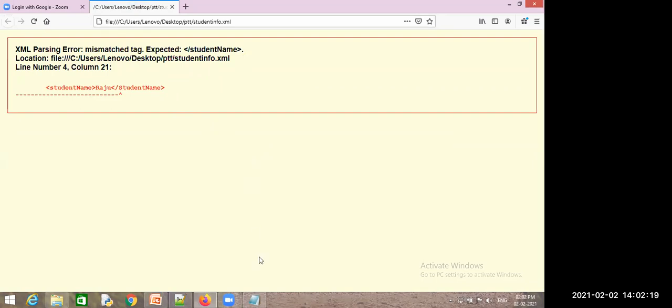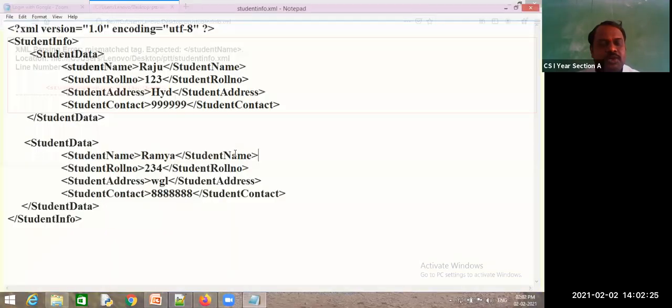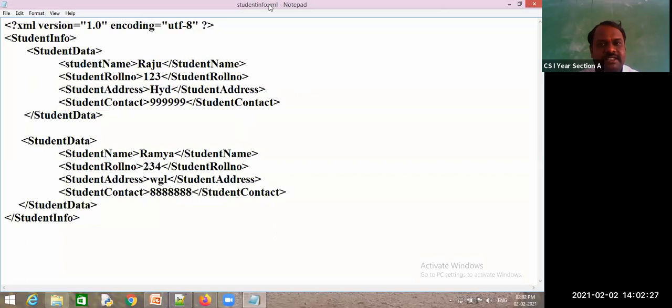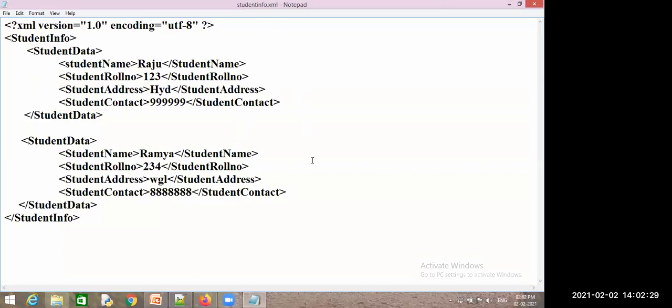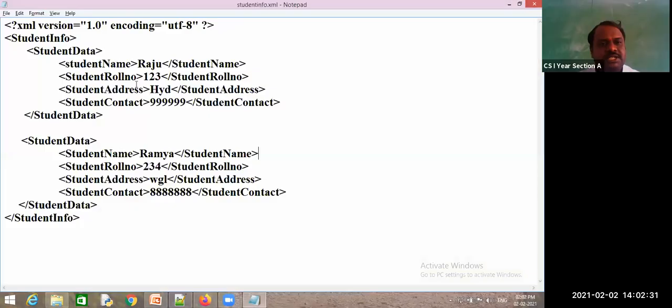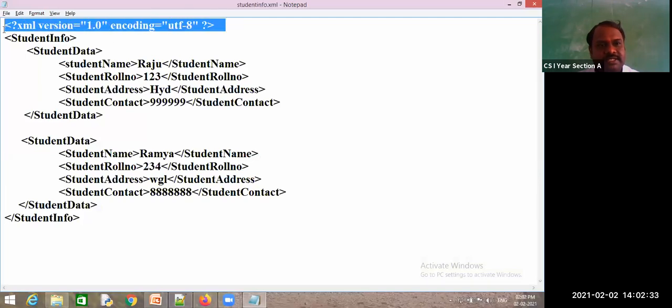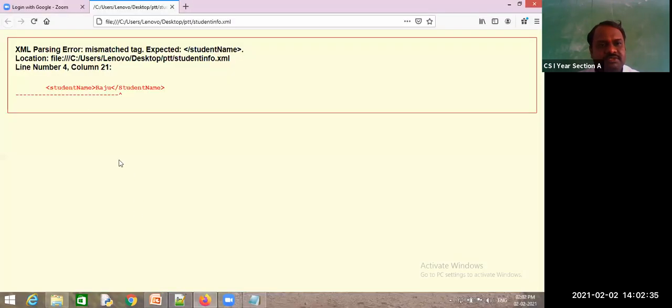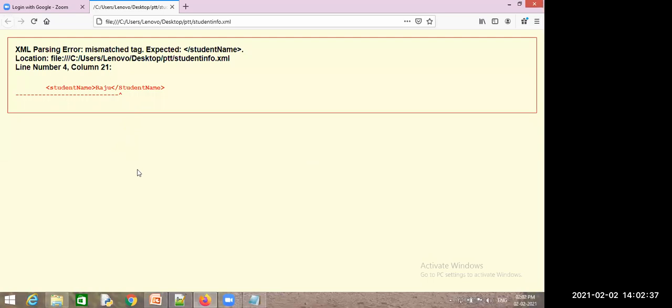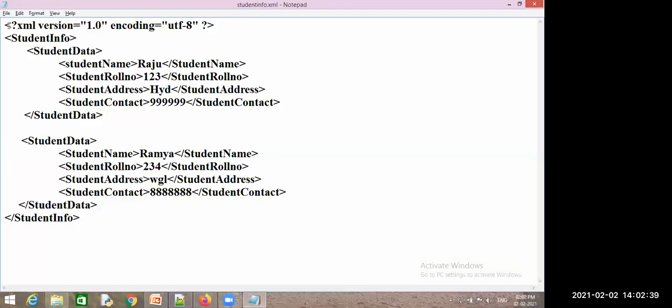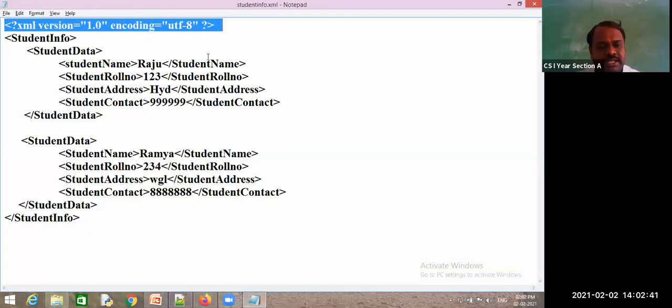Sir, I got all the exact output, including this XML version equals 1.0. I hope you did not save with .xml. I saved .xml only, sir. No problem. Don't bother about this one. Based on browsers, it will change. Even if I remove this one here.